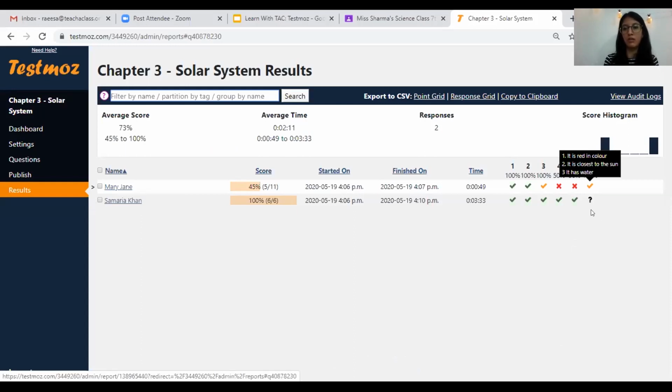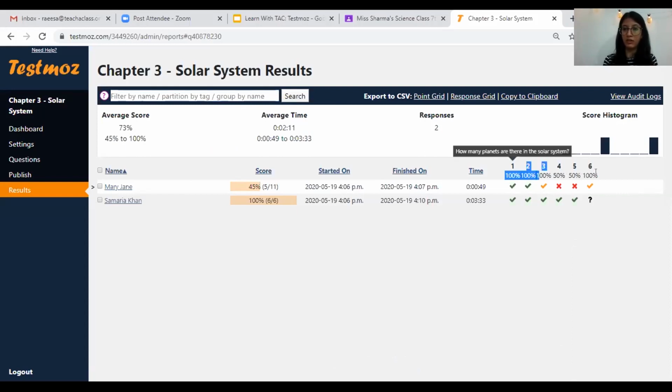Similarly, for all the questions which are ungraded, you'll see a question mark and you can go over to them and grade those questions. Now I would like to show you this feature over here. If you can see 100%. Since only 2 students have taken the test, I'll show you another test that I've taken at a different time and what the scores over there look like. So I'll just share my screen in 2 minutes.